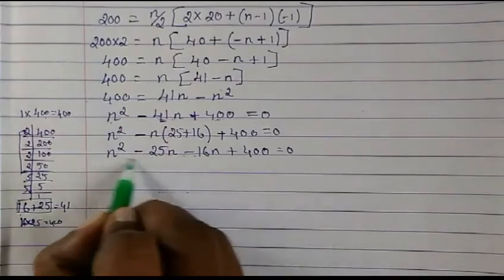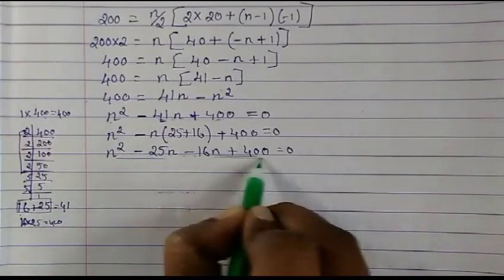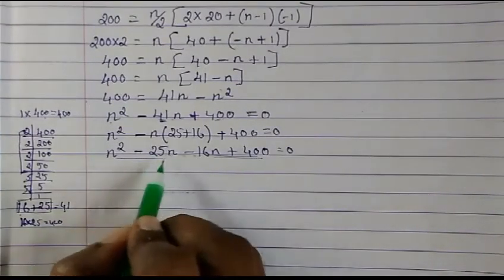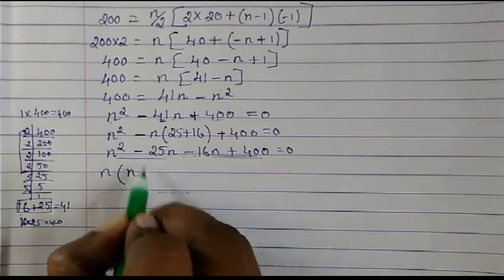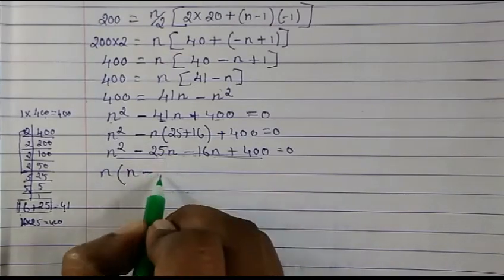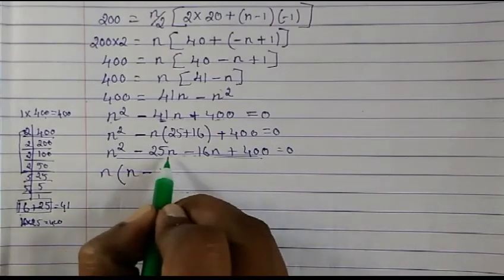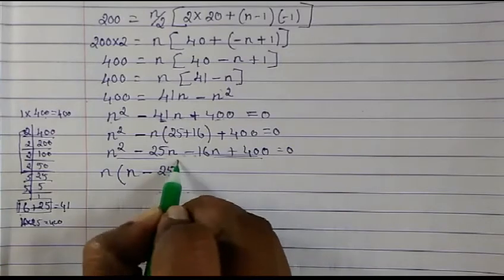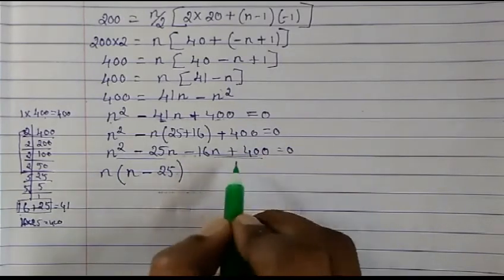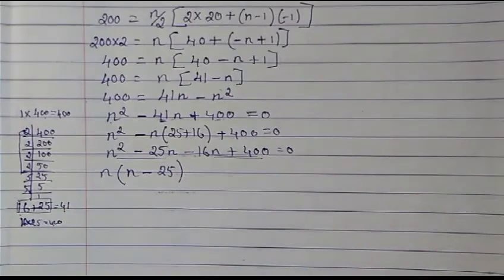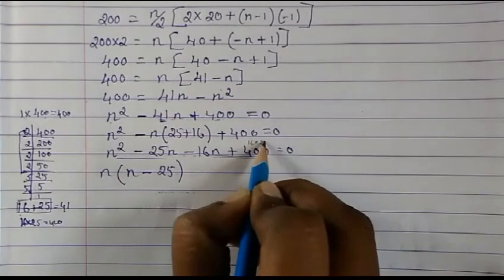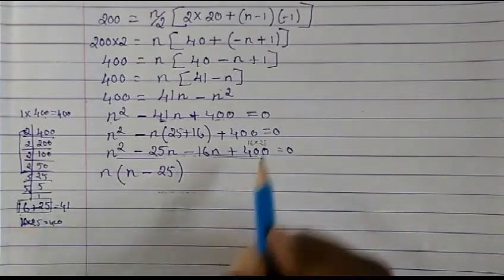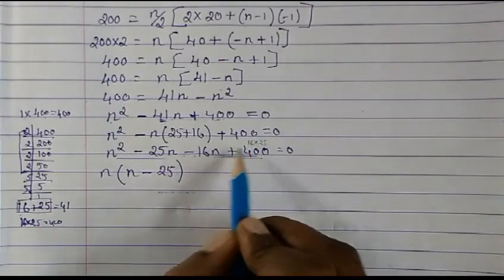So now from here we have to remove the common terms. From here we have n square, here also n, so let's remove one n outside, and inside we'll have n. This minus is here, and then we will have 25, because n is out. So now to get it from here also, 400 we said, that is, this is 16 into 25, we said 400, here we said into 400.